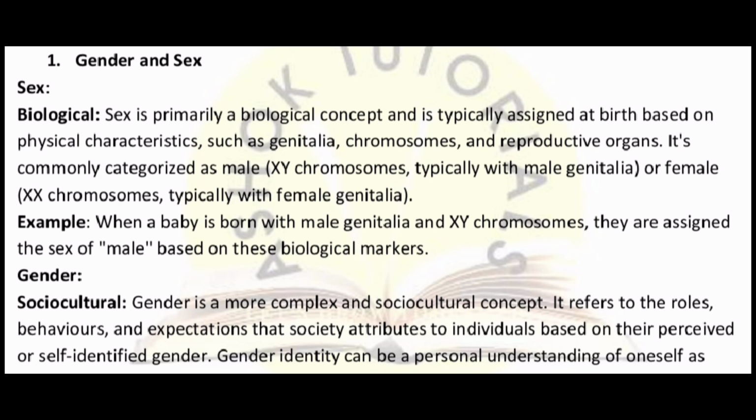Both chromosomes come from the parents. Males have XY chromosomes and females have XX chromosomes. During the formation of a child, or the formation of the embryo, the X chromosome is released by the mother, and the father has the option of releasing an X or a Y chromosome.